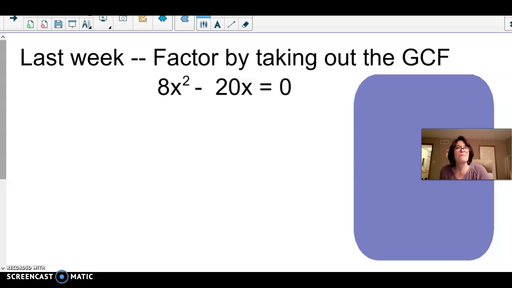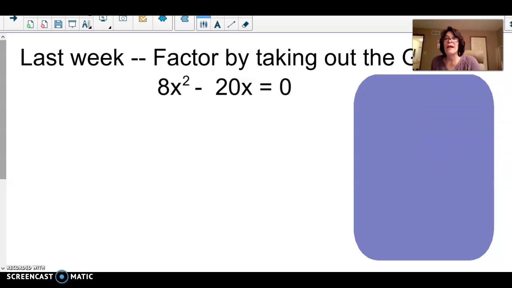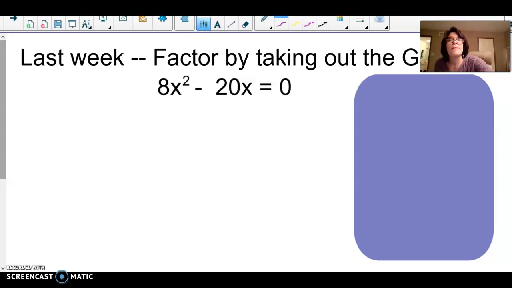Okay, Algebra 2, we're going further into our factoring this week. Last week, we factored by taking out the greatest common factor, right? So for example, 8x squared minus 20x equals 0. We want to know what number we put in for x to make this equation true. So